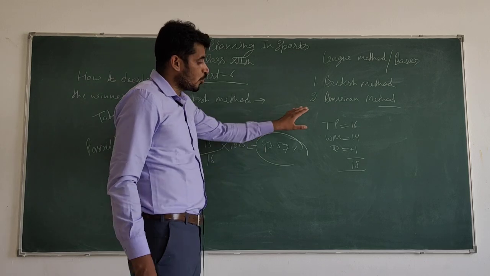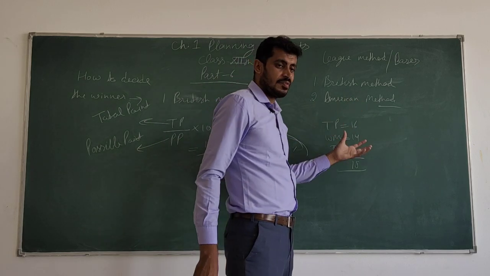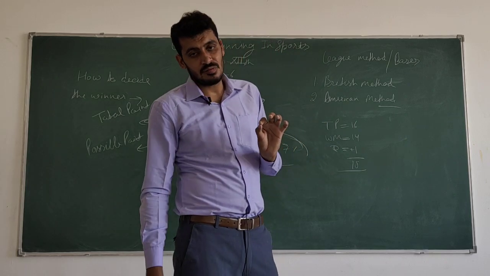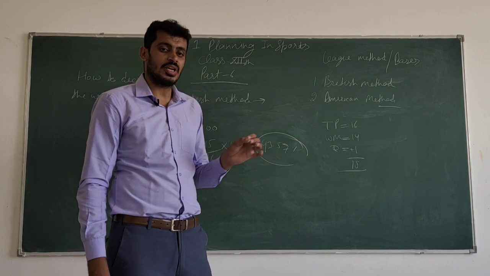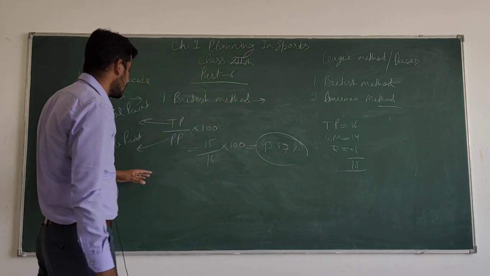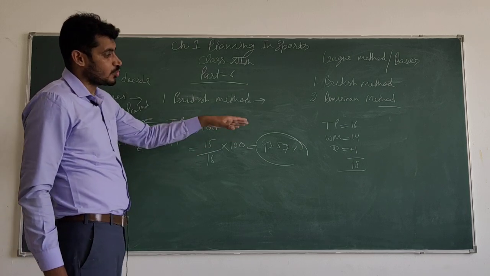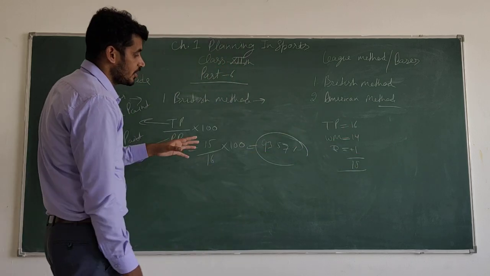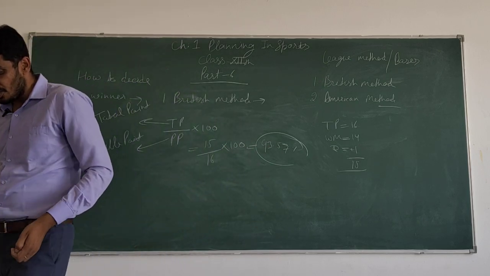Keep in your mind total points: if a team wins one match, the team will get 2 points, if the team loses the match 0 points, and if the match is a draw then 1 point. So according to this method, total points 15. Possible points means if out of 8 matches an individual or team wins all, then they can get 16 points, multiplied by 100. It is the method to calculate the winner.